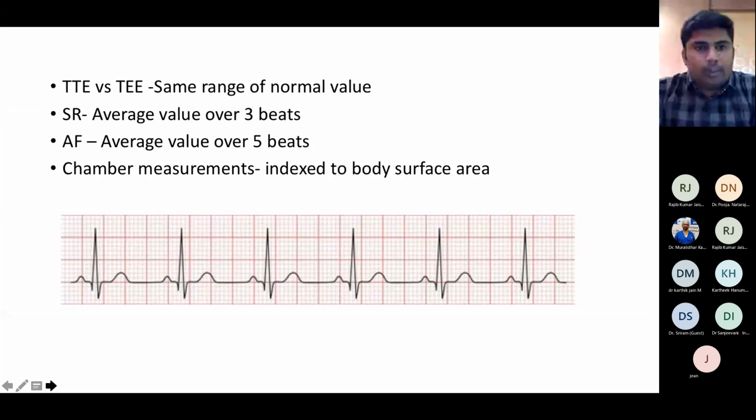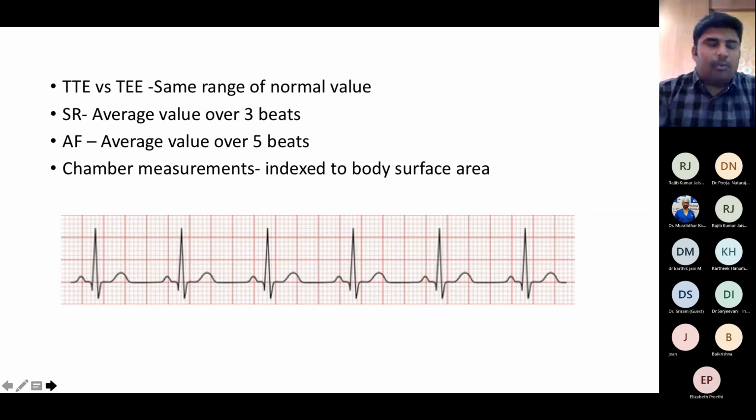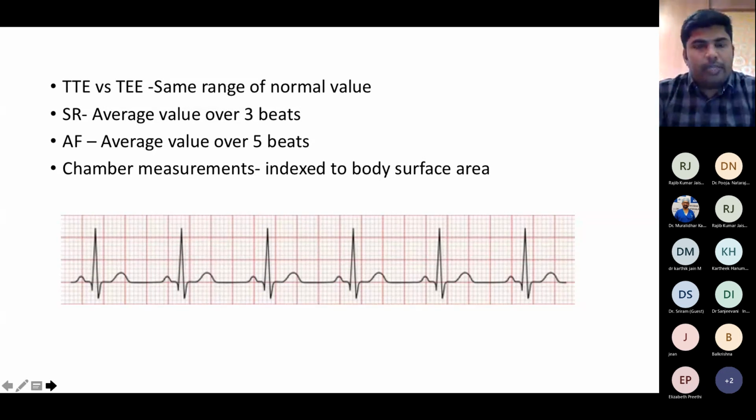the American Society of Echocardiography and the European Association for Cardiovascular Ultrasound came out with recommendations and updates. The last update, in 2015, gives various normal ranges and techniques to measure linear measurements and volumes of cardiac chambers. All these normal values and methods are based on transthoracic echocardiography, and they are adapted to TEE. The same committee also recommends that the normal reference values for transthoracic can be applied to TEE. But unfortunately, not all the standard views measured by transthoracic can be obtained by transesophageal echocardiography, so a few modifications are available, which I will mention in the further session.